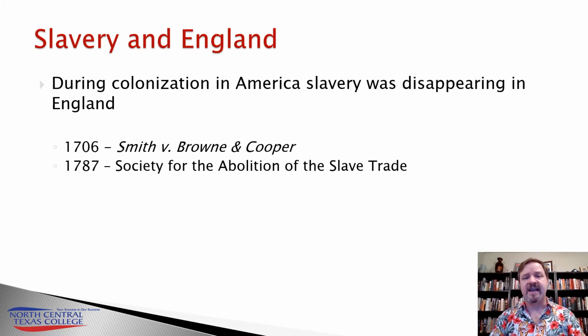In 1787, you'll have the first Abolitionist society created in England, the Society for the Abolition of the Slave Trade. They're going to begin pushing for the end of the Atlantic slave trade, which by 1787 was dominated by the British. The Portuguese initially dominated, then they were overtaken by the Dutch, and once the Royal Navy controlled the Atlantic Ocean, they also controlled the Atlantic slave trade. So they're going to begin pushing for the end of the slave trade.